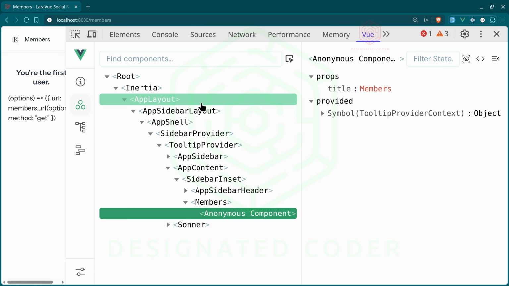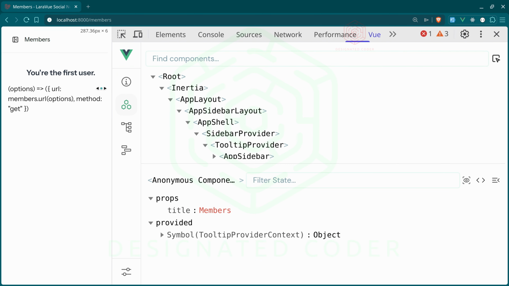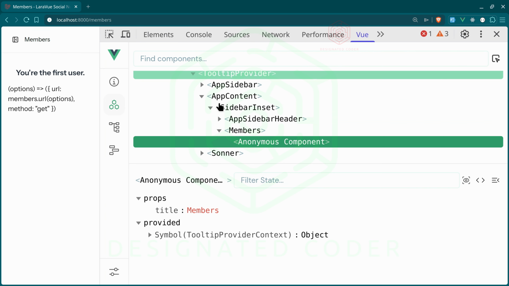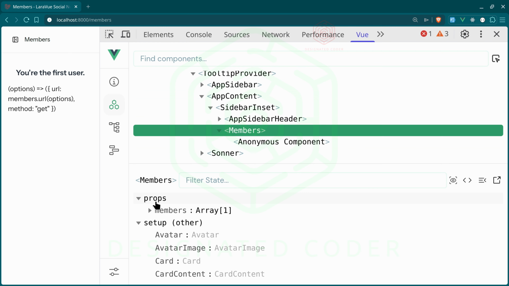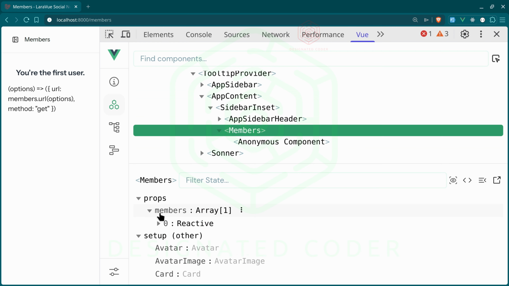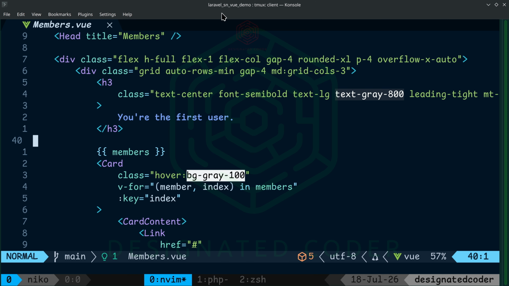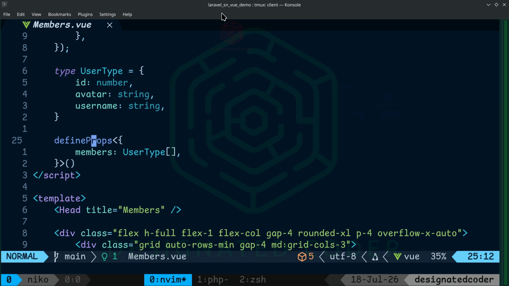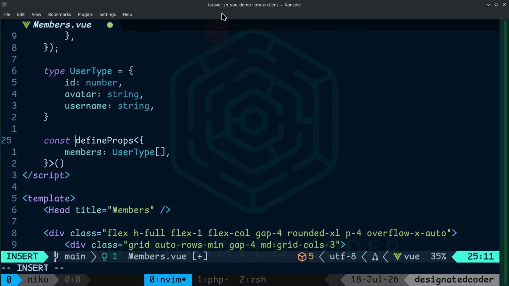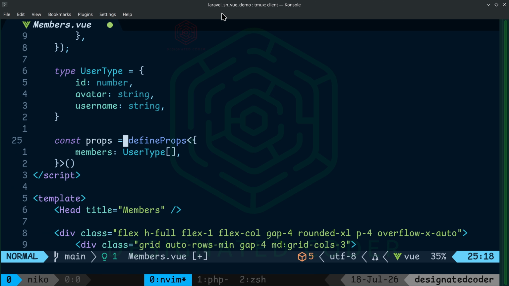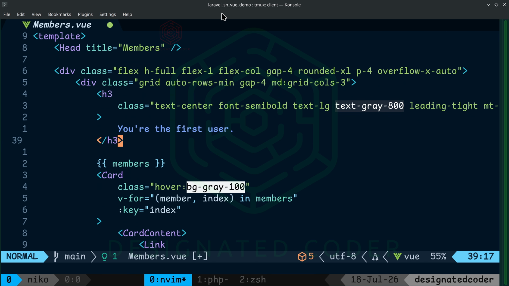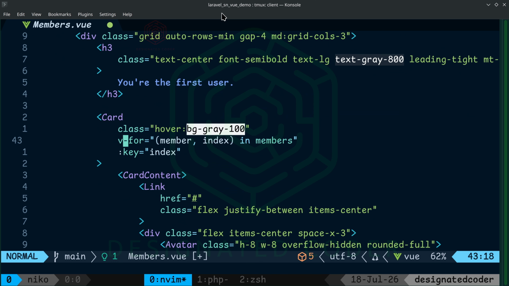I had to pause the video to figure out what was going on because this just wasn't making sense. If you take a look in our Vue DevTools where we have app content members, you can see that we have a props field right here. And this props is where it's going over. I'm not sure if this is new in this setup or what, but we do need to add the props in the template so that we can access this field in here. Now, earlier I did remove that because I didn't think that it was something that we were going to need. I'll have to keep an eye on it as we go through the project for these types of things. But right now I'm just going to put the props here. And then here, I'll get rid of this. And now we should be able to